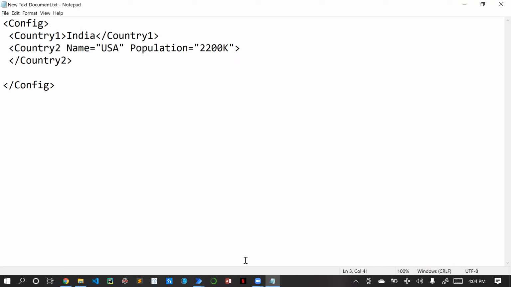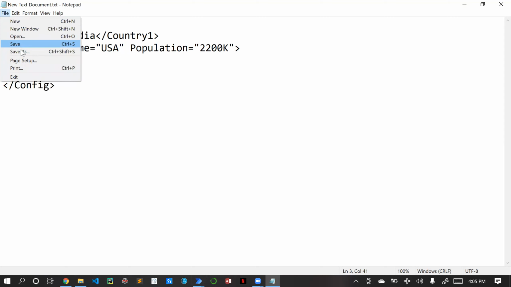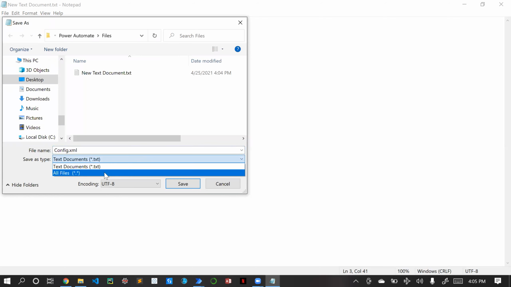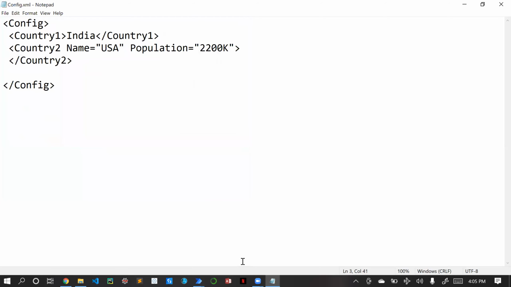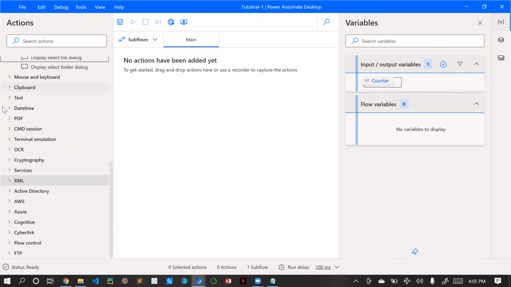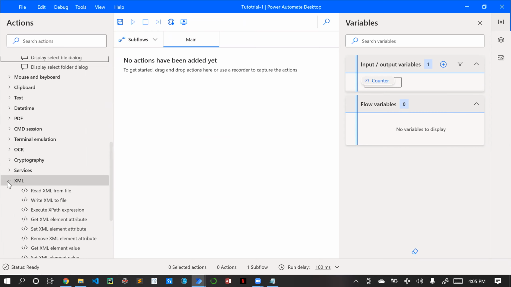Now we'll go ahead and save this file as an XML file, config.xml, and I'm saving it over here. Let's go ahead and open our Power Automate. Here, in the XML activity, if you expand that, we have an option of read XML.